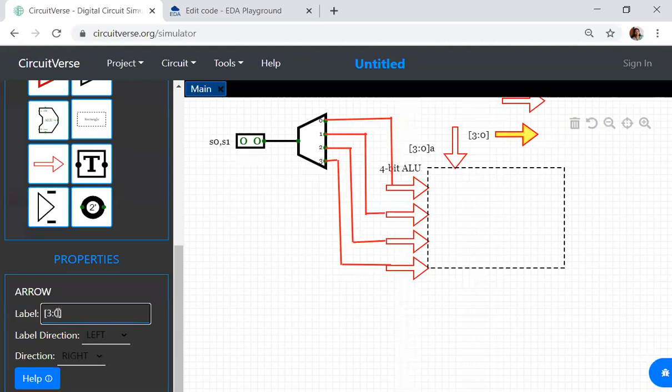Any application you take, you have to fix the vector size according to the requirements. My requirement is 4, so I am keeping it as 3 down to 0. So this is 3 down to 0 B. Now one more I am giving is Cin, because I need Cin for my operation. So I'll take this as Cin, and it's only 1 bit.